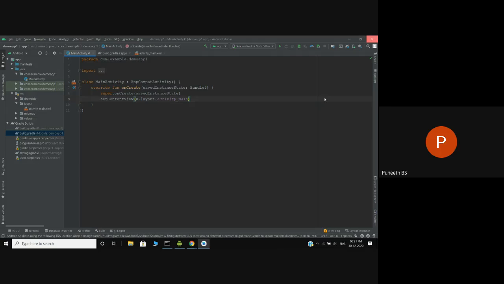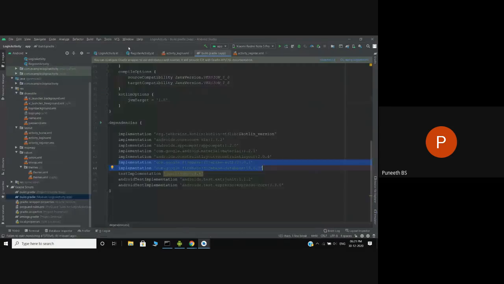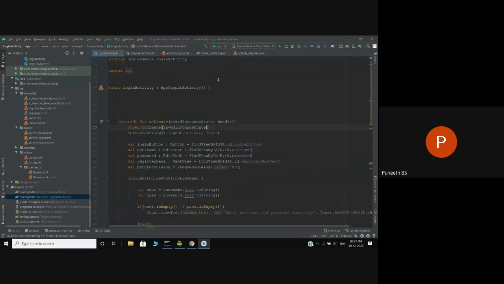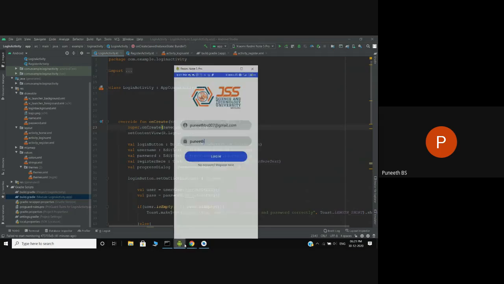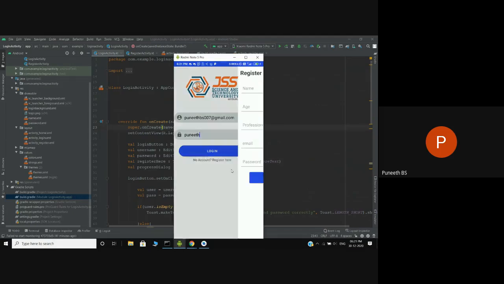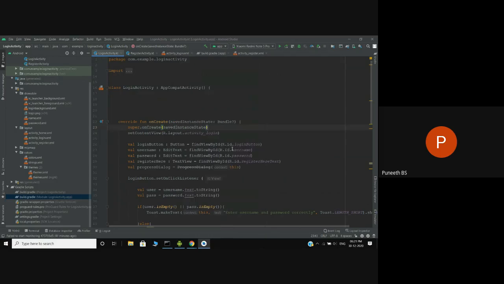I'll remove this, it's of no use to me now. Okay, so this is the main thing. This is the main code, the main authentication app code. Here I'll show you how to do all this, the register part, and how you insert into the real-time database. So first, at the beginning,